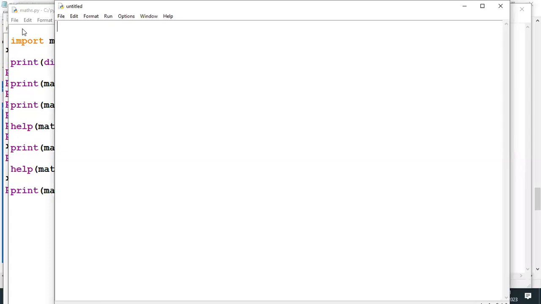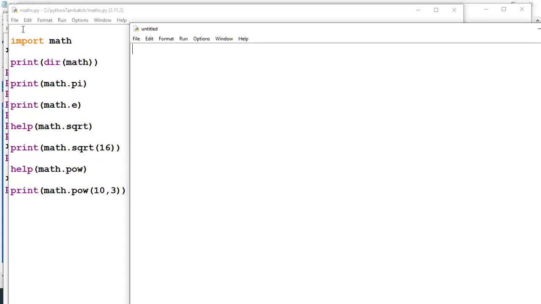A graph, generating a graph with just three lines. How to generate a graph using Python. It's very simple. So here, import a module called matplotlib for plotting and visualizations.